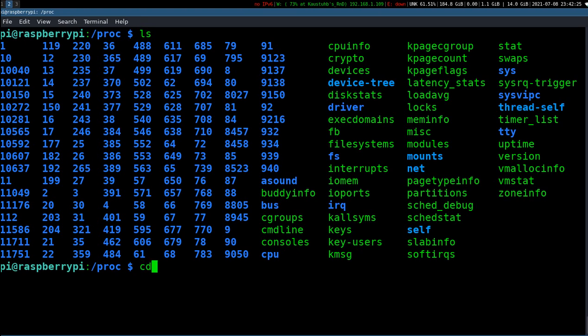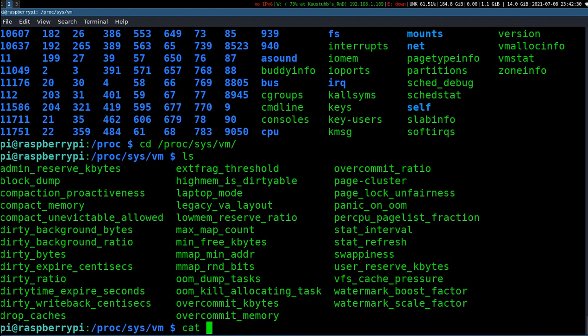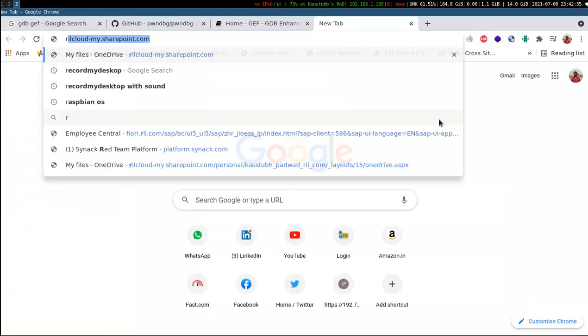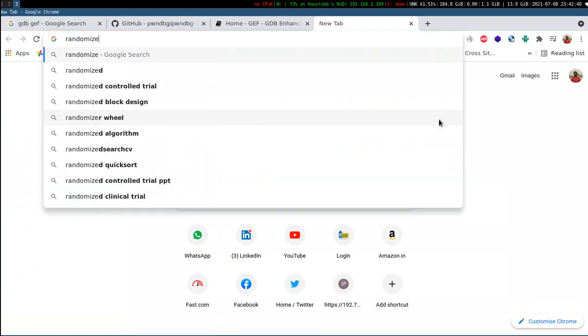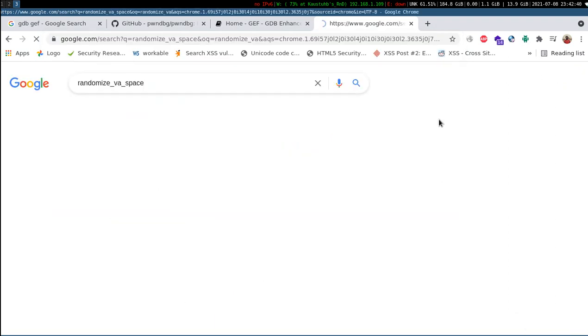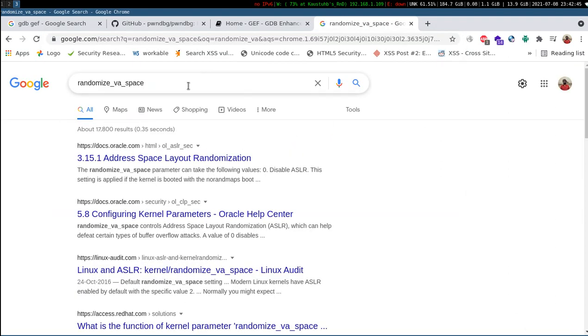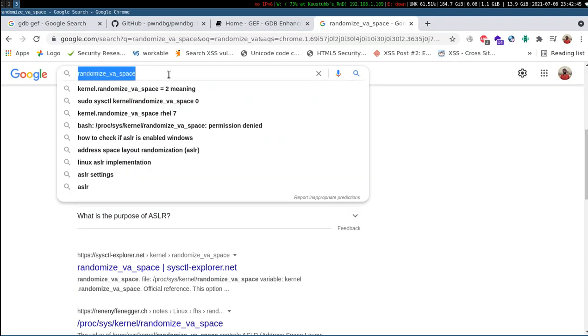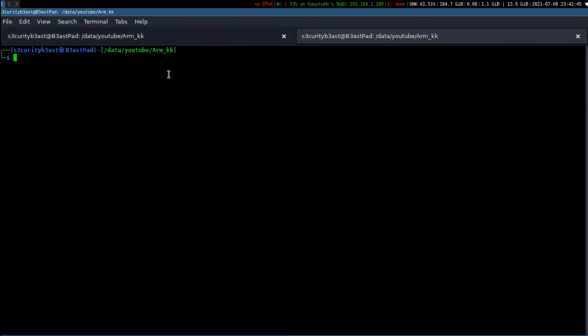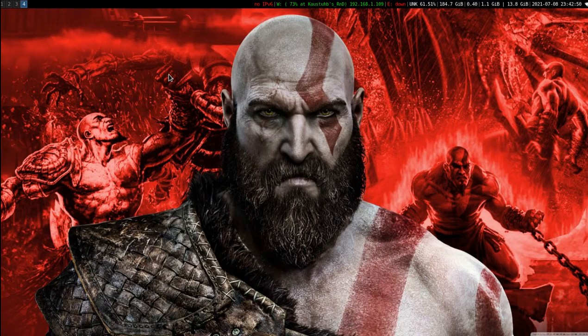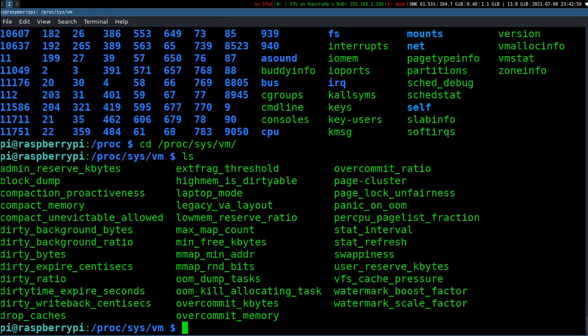Come on, I don't know where the path is. /proc/sys/vm, and here it should find the path. So it's better to use find when you don't know the path.